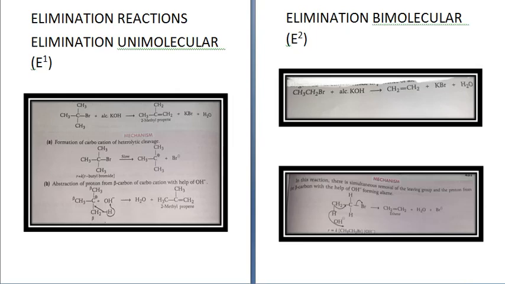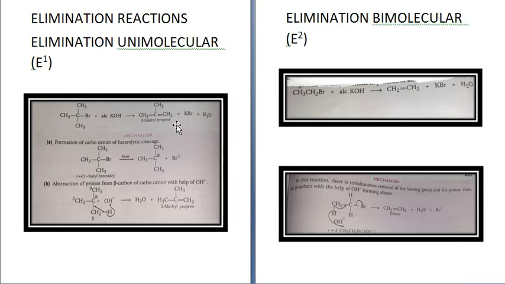from the substrate, forming unsaturated product. Alright. Now they are of 2 types. First is unimolecular elimination, which is called E1. This follows first order kinetics and the rate of reaction is dependent on concentration of substrate only. Like for example, if you take tertiary bromide plus alcoholic KOH, it will give you 2-methylpropene plus KBr plus H2O, and alkane is getting converted into